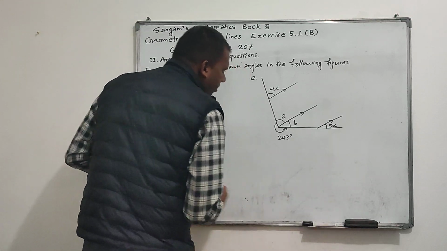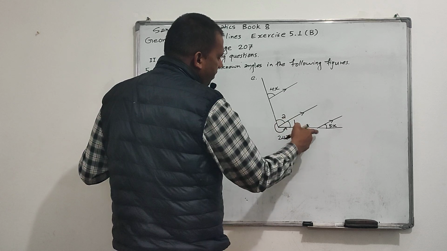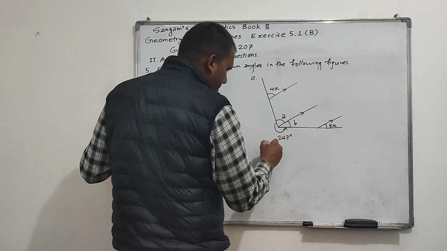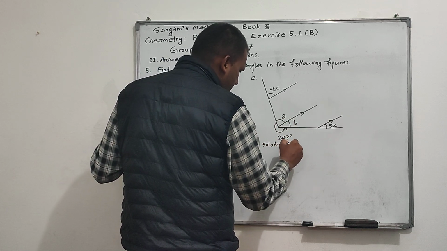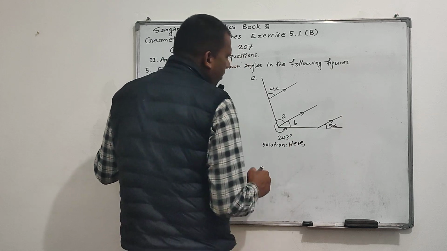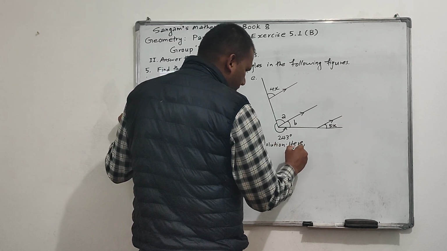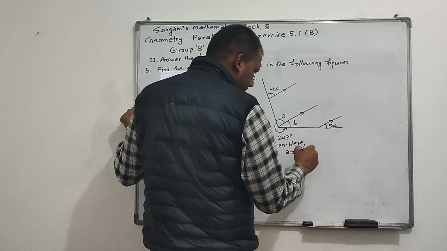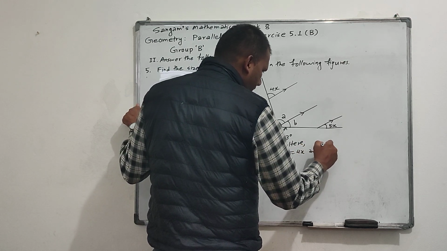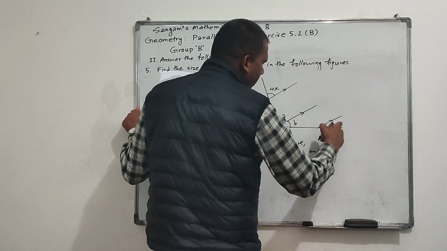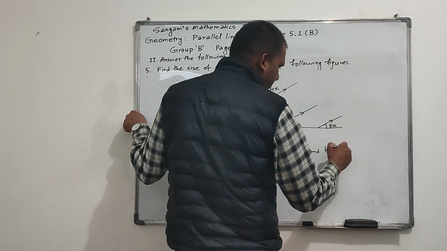Now on this figure we have to find the value of x, A and B. Now its solution. Here A and 4x are corresponding angles, so we can write A equal to 4x, and B and 5x are also corresponding, so B equal to 5x,